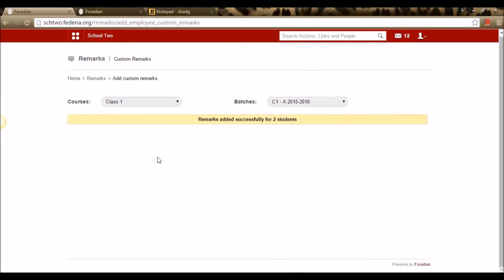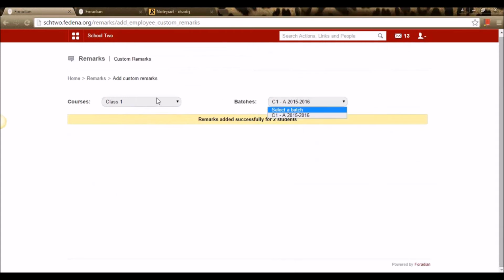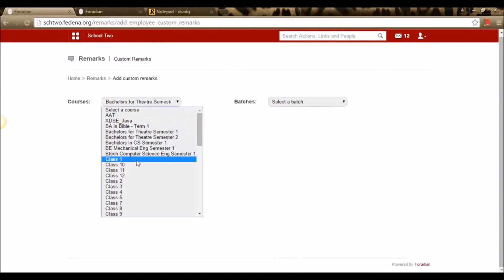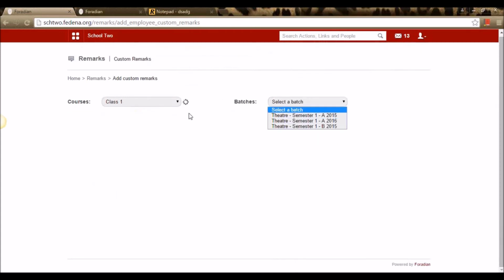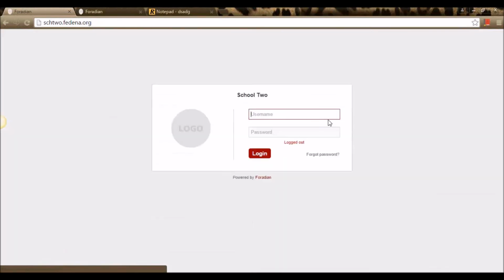So I'm entering the remark for these students and I'm saving it. Once these remarks have been saved here, they can be viewed by the students in their profile. We can view these same remarks in the student's login. So let me try that now. Let me log in from the student profile.